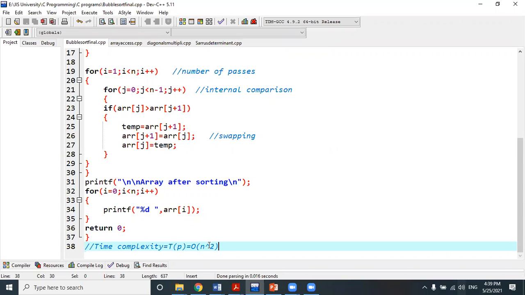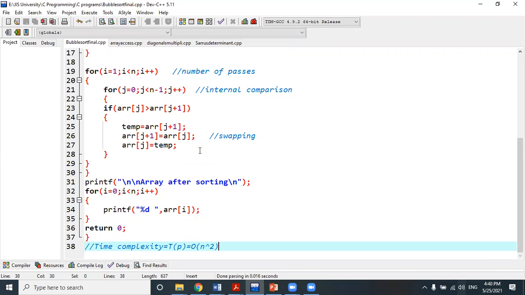But sir, we can decrease this loop. Like for i equal to 1, j equal to 0, each time we will decrease the size of n also. Then it doesn't need to run the loop to the end at 5. We can change the code in a different way.